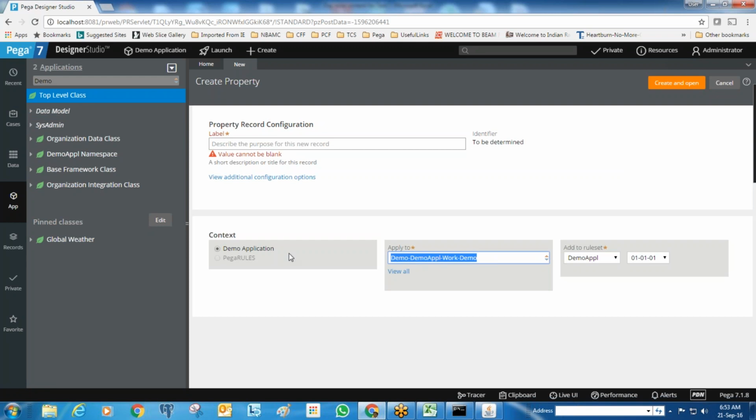Okay, you need to give both. While creating any rule, you need to specify 2 things: application rule set, as well as the class name, and this is applicable for each and every rule. So if you want to create a new rule,